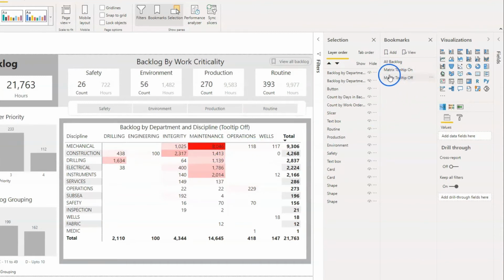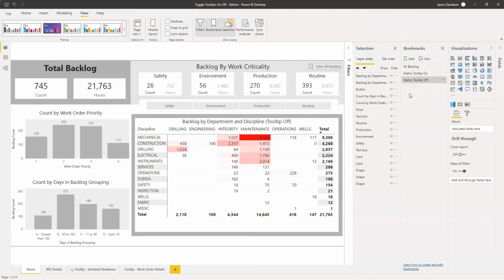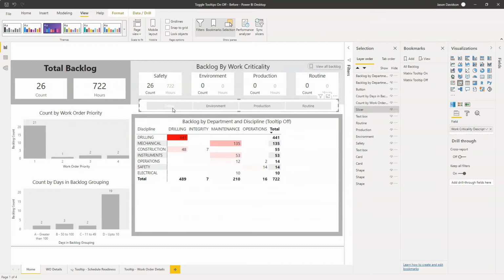Now the next thing we're going to do is make a little bit of a configuration change to each one of these. The reason is, if I select a filter here, so perhaps I only want to look at the safety critical stuff, and we can see this is just the safety critical stuff here. And now I want to have the discussion that says, okay, what are the work orders that are behind each one of these